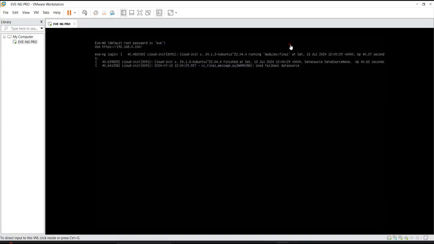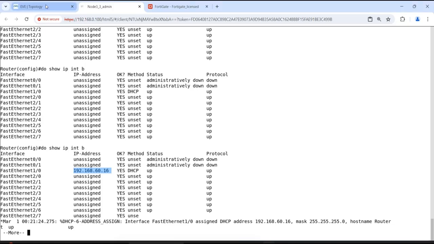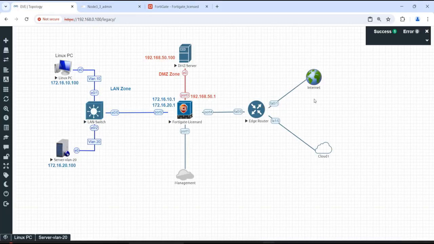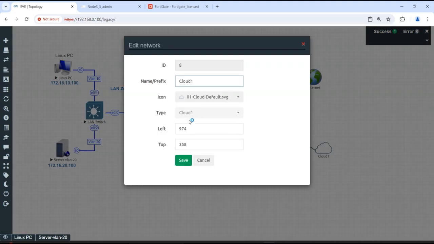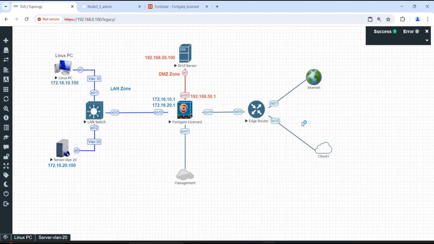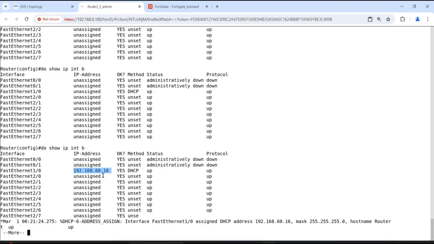And as I said, when you want to use the same, you should put it as cloud one. Okay, this option, you'd be seeing next to the management. I have just done this to show you that it would be getting the IP address from that network only. And it is having connectivity to the internet. Also, if you want to check that, maybe